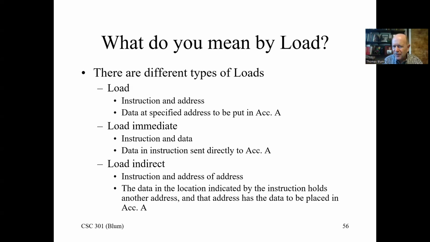So now we're going to have to go to that address, get that data, and put that data in the accumulator. We could have a variation called load immediate, where the operand is the thing we want in the accumulator. So that's an easier version. And we can have a load indirect, where the operand is an address, and then you go to that address, and there's another address,